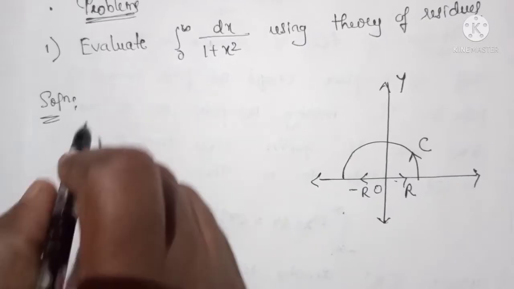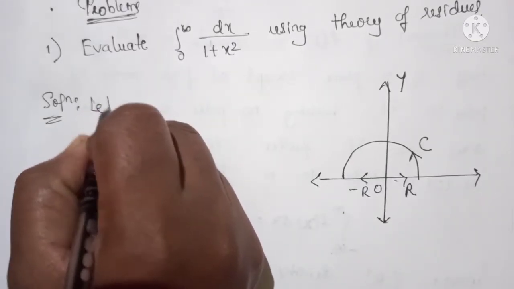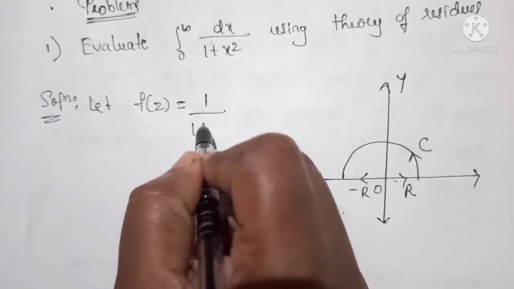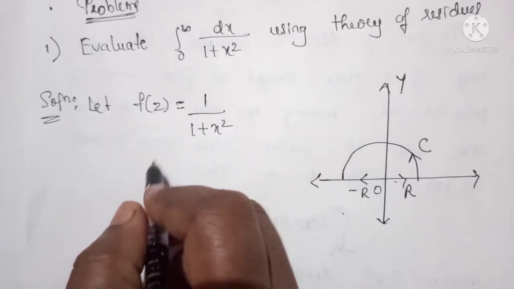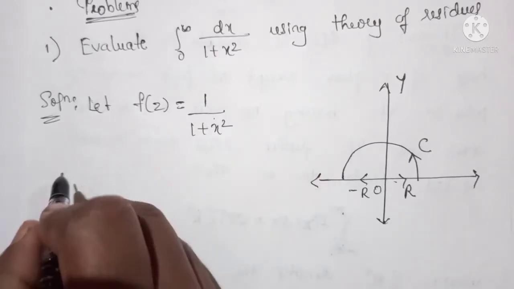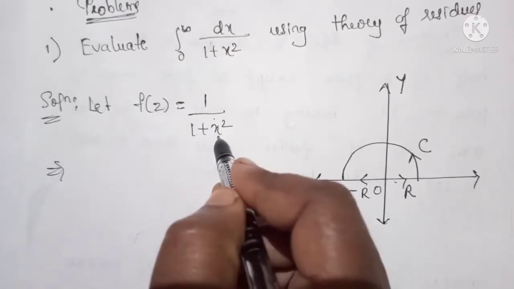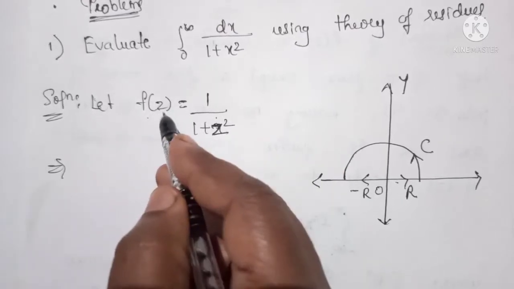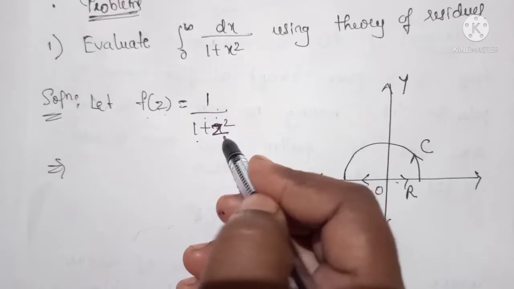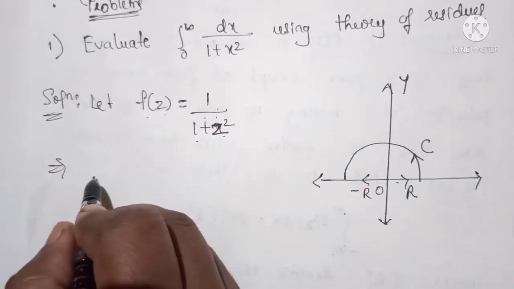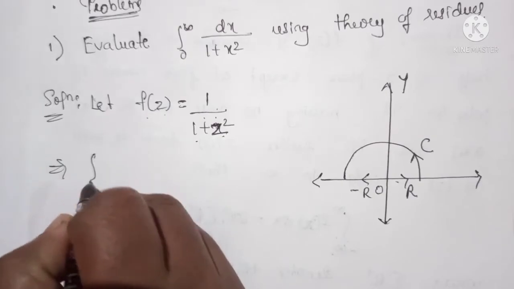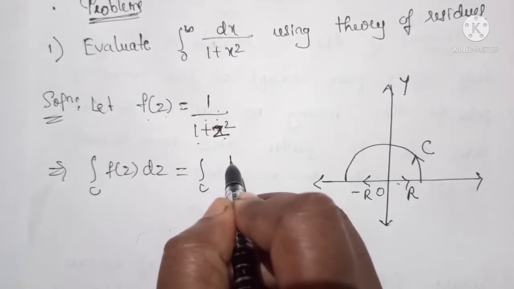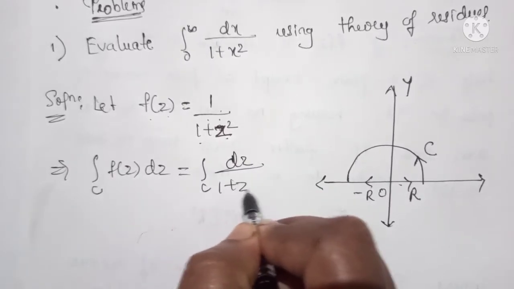Let f of z equal 1 divided by 1 plus x square. Because it is in the z form, we write it as z square. Let f of z equal 1 divided by 1 plus z square. Now the integral over C of f of z dz becomes the integral over C of dz divided by 1 plus z square,